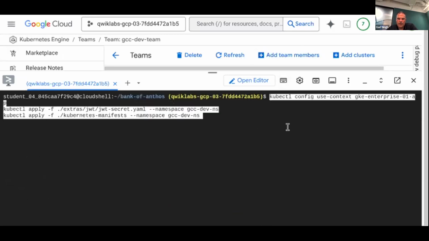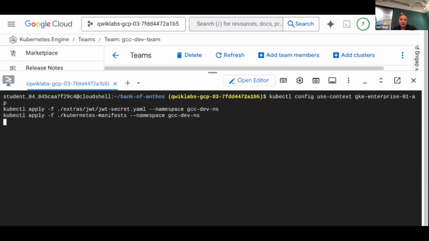So hopefully you took the next step, and you can see here, we're just using that context that we created. We're applying a secret, which is used by one of the services. And then we're just going to apply everything that's in the manifest folder, which you can check out at a later time, which has a number of microservices. And we're going to hopefully deploy those all into